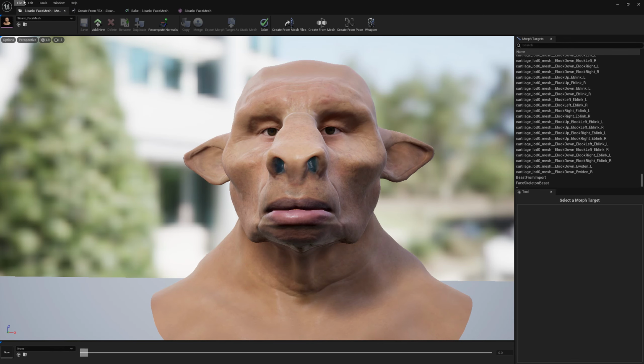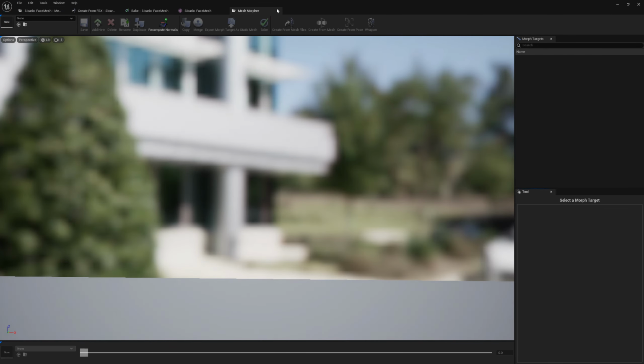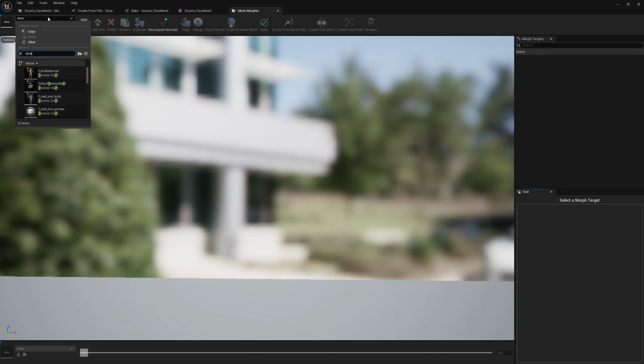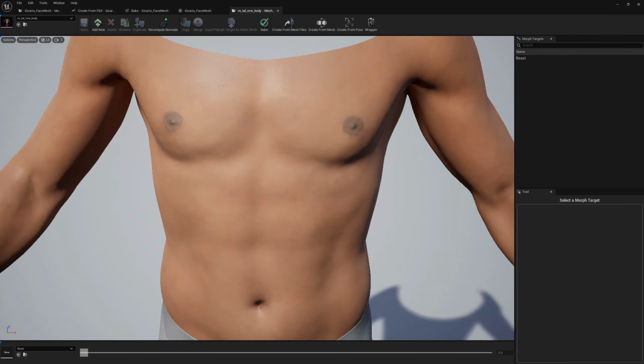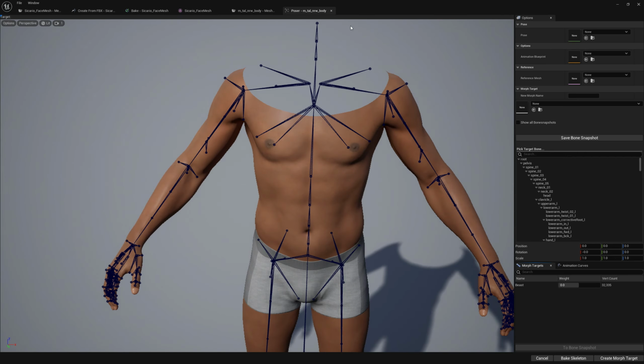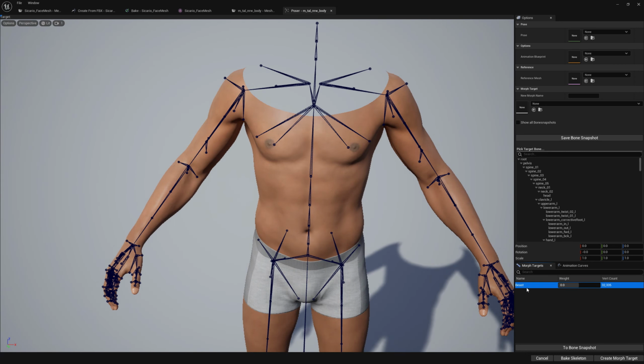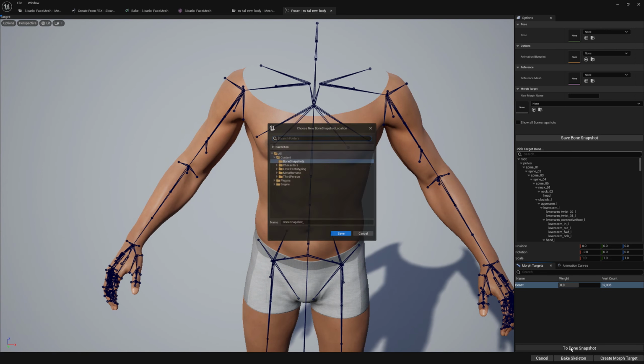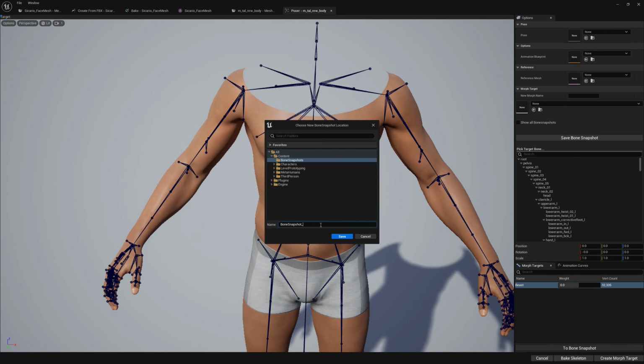for the body. So let me open a new Mesh Morpher window, and we will go to the body. We will select the body. We want to do absolutely the same thing for the body. We will go to create from pose. We will select our beast morph target. We press on to bone snapshot, and we have body